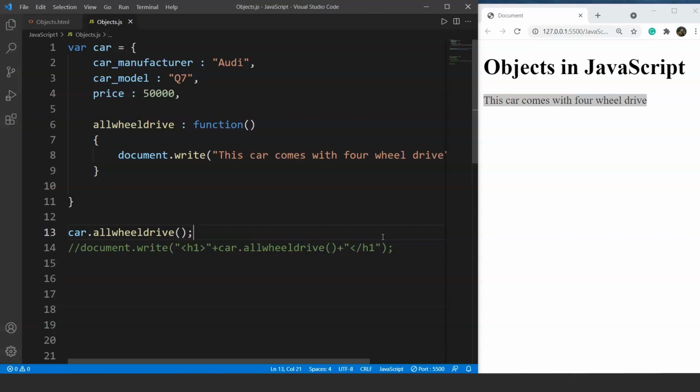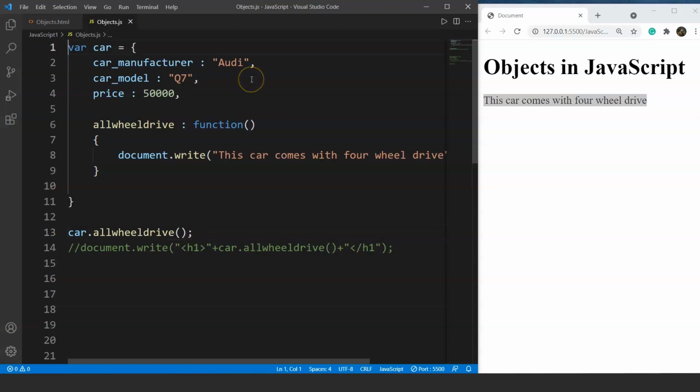Also, in the newer versions, JavaScript supports the concept of classes and objects. So what we used to say earlier is JavaScript is an object-oriented scripting language because it does not support the concept of classes and objects fully. But now the scenario has changed. JavaScript does support the concept of classes and objects, but we'll keep it a bit simple.